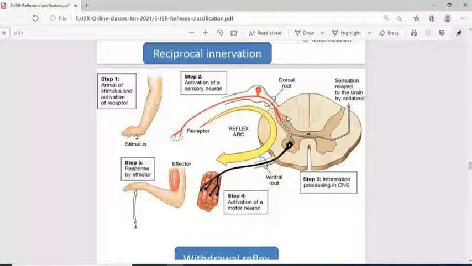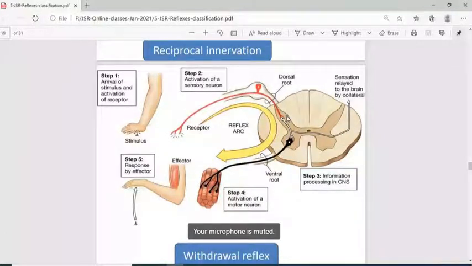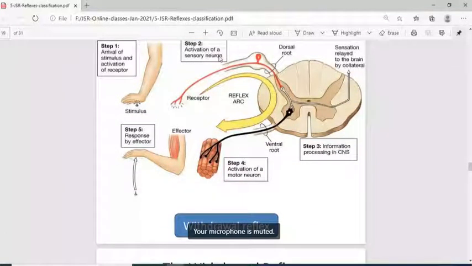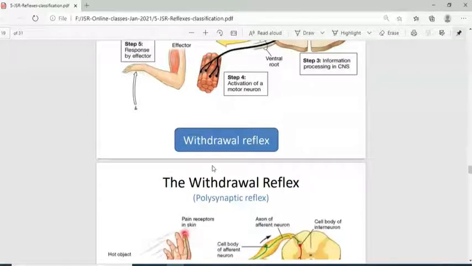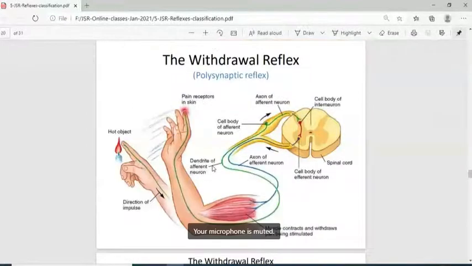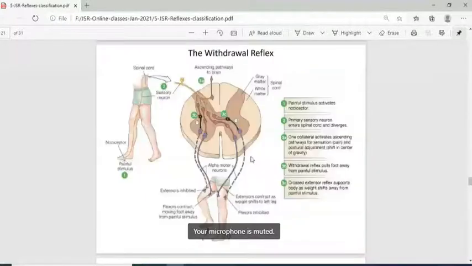This is withdrawal reflex. Okay. When there is a painful stimuli, we perceive it. Okay. Center analyzes it and then the hand is withdrawn. This is the motor nerve. Okay. This is the withdrawal reflex. Similarly, from hot object also, when we touch, hand is withdrawn. The main mechanism is withdrawal reflex. Same thing here also, painful stimuli by the pin present here.